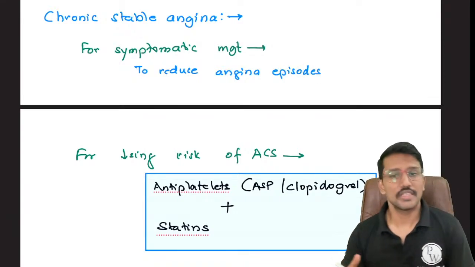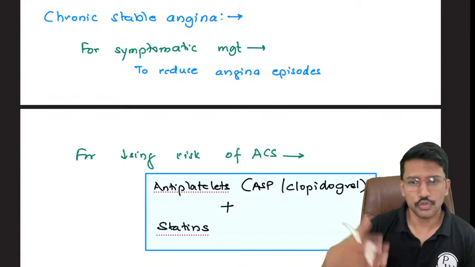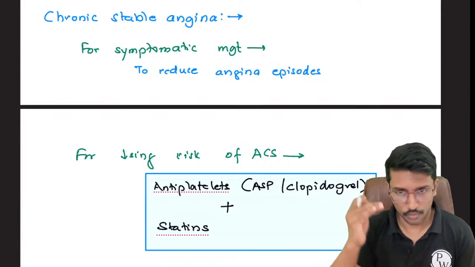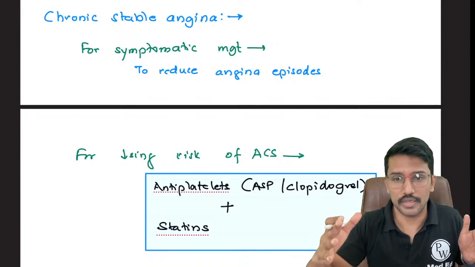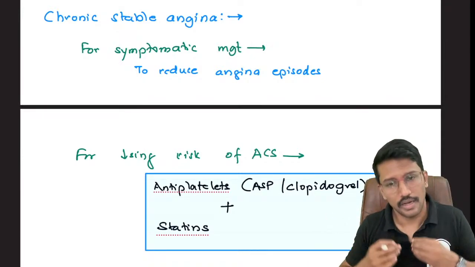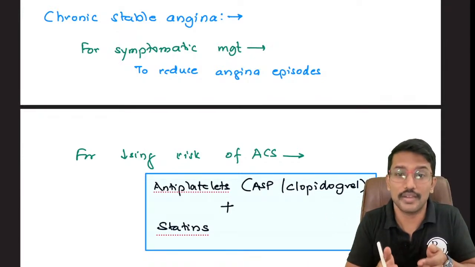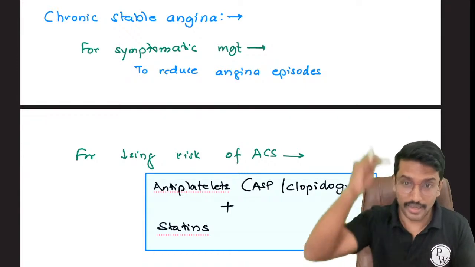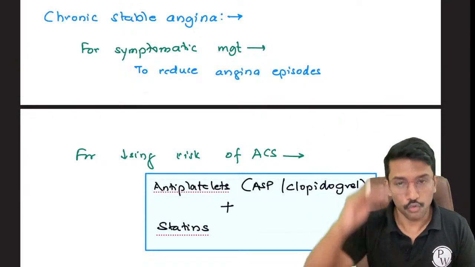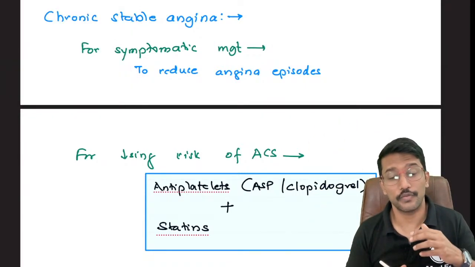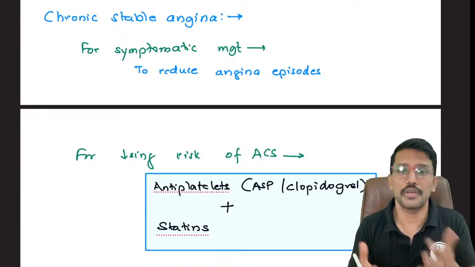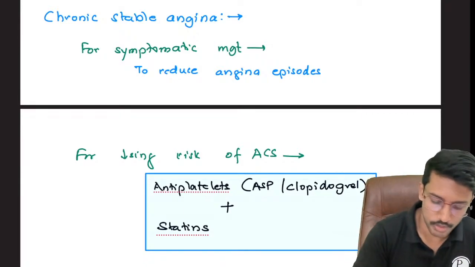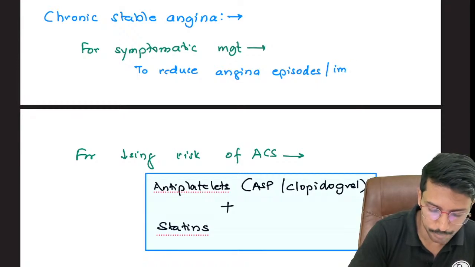See, there are two things to achieve here. One, the angina episodes that the patient is getting after exertion, I have to reduce them and I have to increase his physical capabilities. He cannot walk 100 meters. Now I want to give him vasodilators so that he can walk 100 meters, he can climb 2 floors. And then when, despite being on some vasodilators, if angina appears, how will I manage? So to reduce angina episodes or improve